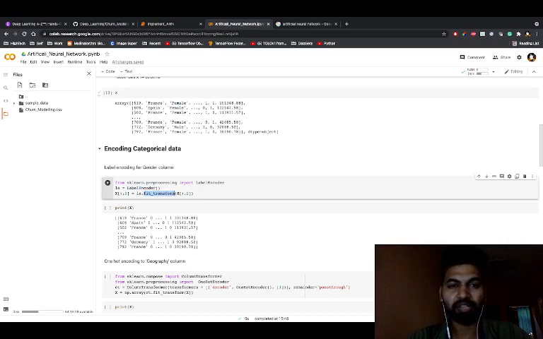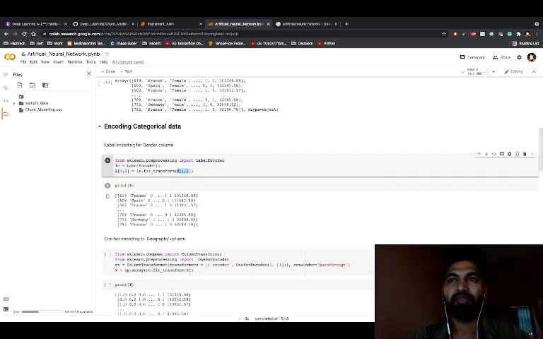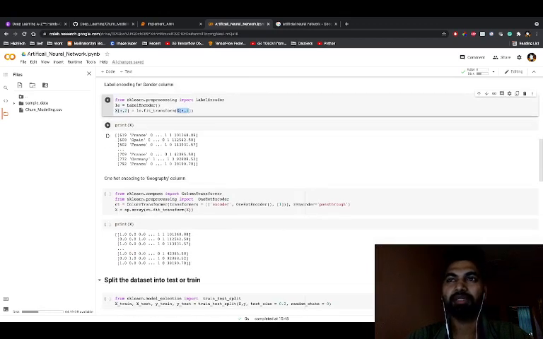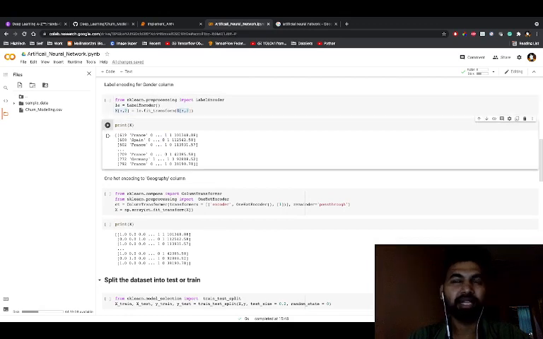So fit_transform basically we use at the time of training phase, where it will calculate x minus mu divided by sigma, the standard deviation, right? So something like that kind of calculations it will do. So I'm doing a fit_transform here, and only on the second column, which is the gender column, right? So if I run this and print x, then you will see 1 0, 1 0, right? So in this format it will be converted.